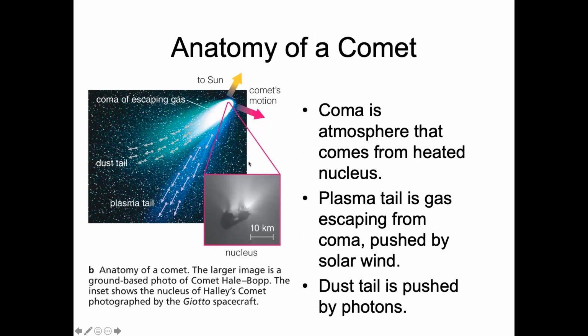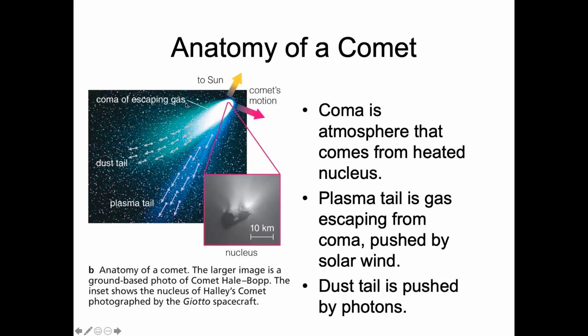And so what you can see here, there's a zoomed in image of this comet. This is the larger image. This is actually a real image. This is not an artist's rendition of Halley's Comet. And here you can see the nucleus of Halley's Comet. And you can see how the body of it has this gaseous atmosphere. You can see the stuff evaporating off of it. This atmosphere around the body is called the coma, the coma of the comet.